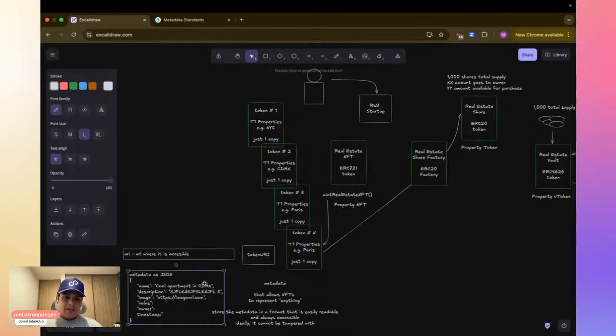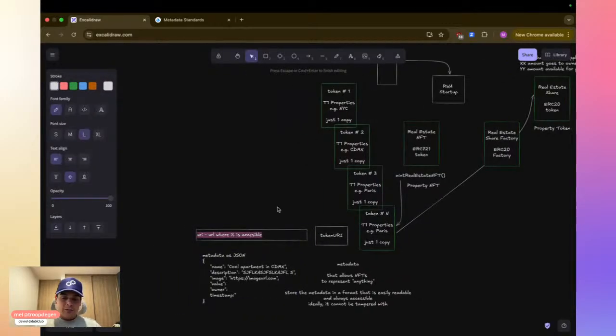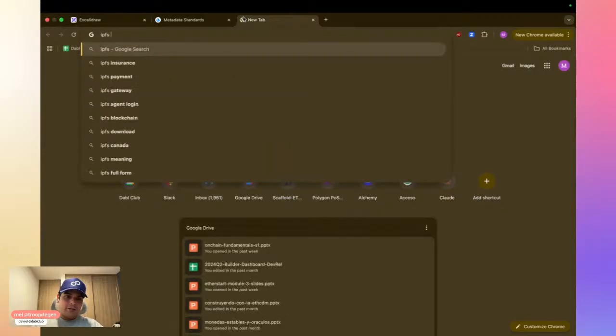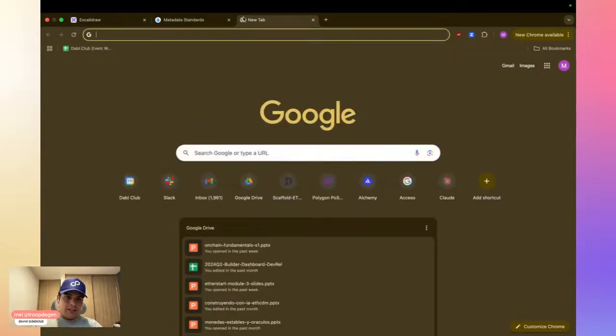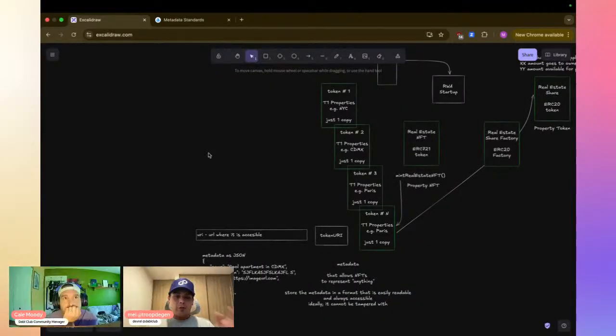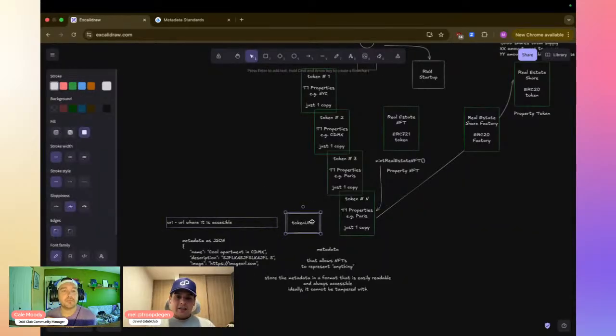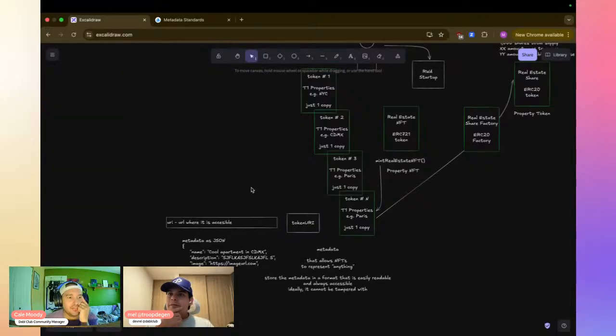So that way, each copy can have its own metadata, stored in its own URI. And this value can be an IPFS link, or a Reddit image, or a Firebase URL where you're storing data, Supabase, whichever you're trying to use. As long as it's an accessible URI, you can use it. So this is where you have to consider if it's mutable or immutable, based on where the URI is referencing. If you're using permanent storage, like Arweave or IPFS, it can't be changed.